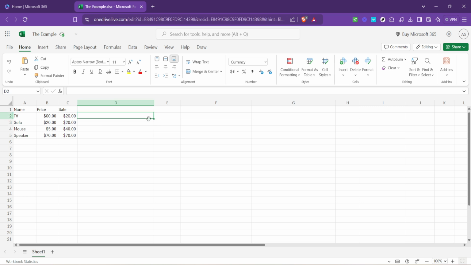In our example, let's say we have the income listed in cell B2 and the expenses listed in cell C2. To subtract these numbers, we need to use a simple formula in the cell where we want our result to appear, which might be D2 for savings. The formula you need to use is equal sign B2-C2. Here's how you do it. Click on the cell where you want to display the result, type in equal sign B2-C2,